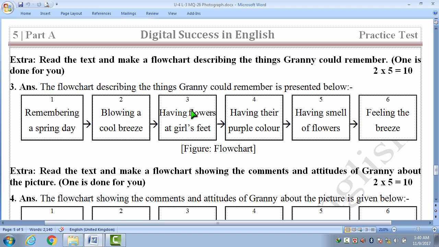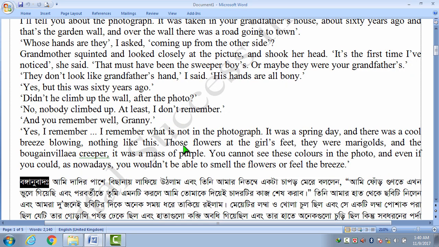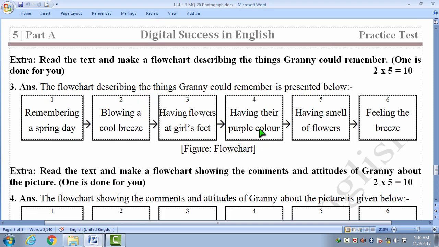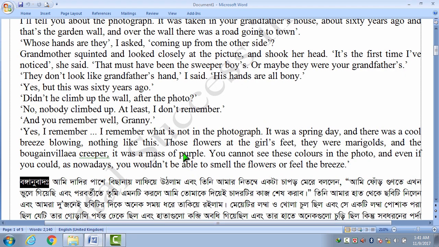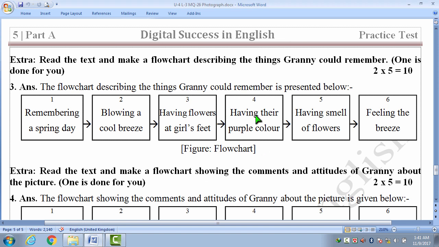In the third box we have written having flowers at the girl's feet. We are going to the passage. Here is the information. Those flowers at the girl's feet. So we have written the answer in this way, having flowers at girl's feet. In the fourth number box we have written having their purple color. ফুলের কালারগুলো ছিল পার্পল কালার, সো হ্যাভিং এখানে এটা বলা আছে it was a mass of purple, এখান থেকে আমরা তথ্যটা নিয়েছি। হ্যাভ ভার্ব এনে তার সাথে আইএনজি করে হ্যাভিং দেয়ার পার্পল কালার।